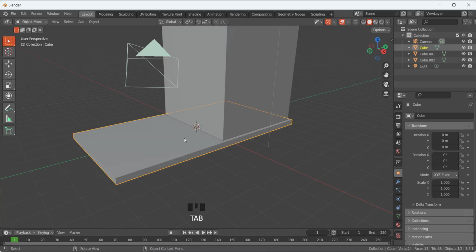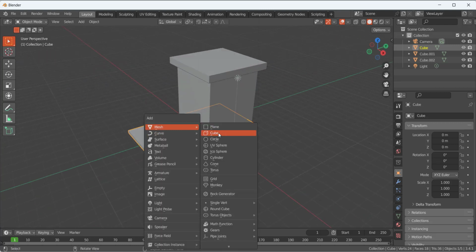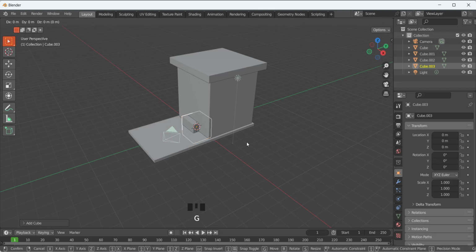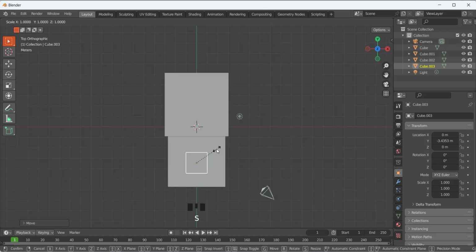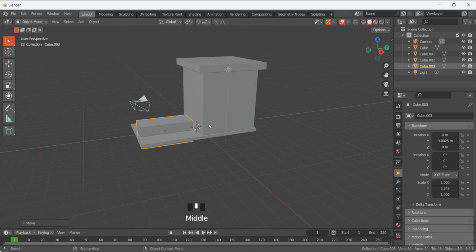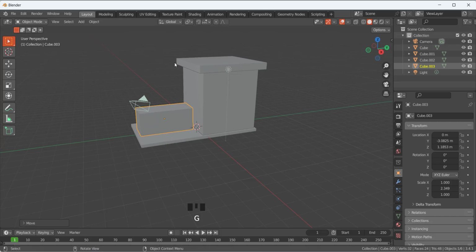Okay, then press tab to go to the object mode, and here I am going to use shift A so we can add a mesh, and we are going to add a cube. G to move it and move it in the Y direction, like that. And here I am going to use the top view, so press 3 on your numpad, so you have the top view, and S to scale and scale it in Y direction, like that. And then G to move it in the Y direction, like that. So we have to move it upward, G to move, and Z to move it upward, so it's just touching